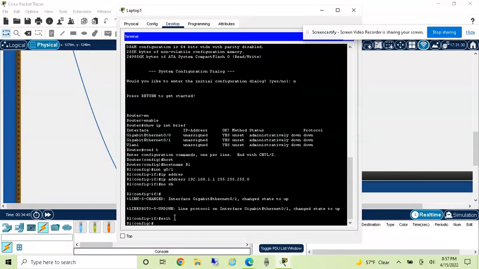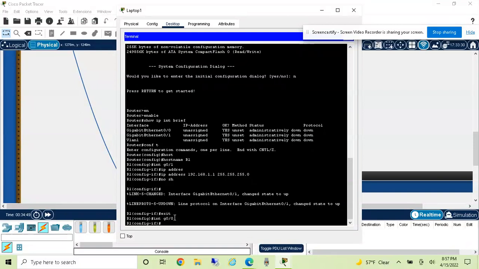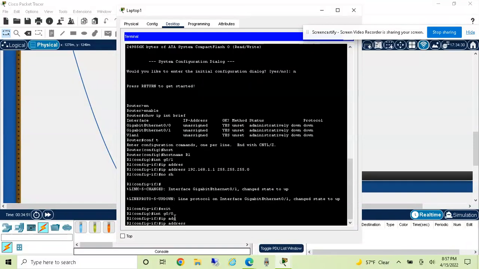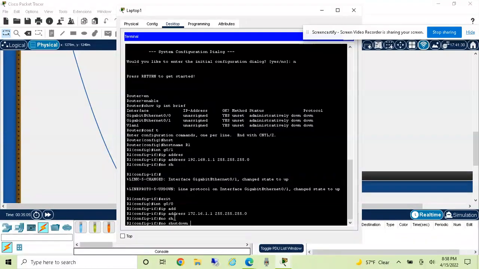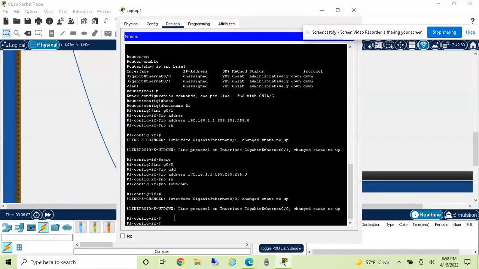Now from here I'm going to exit and go into interface G0/0, IP address 172.16.1.1/24, which is 255.255.255.0. Say no shutdown to that, and that interface is also up. So if I exit this